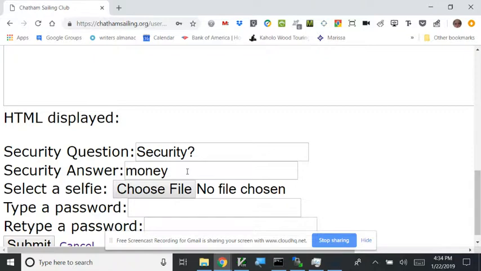And so if you ever try and sign in and say, oops, forgotten my password, you can go through the I forgot the password dialog, and it'll ask you the security question, and you put in the answer, and it'll let you in. And this is where you get to load a picture of yourself, a selfie,